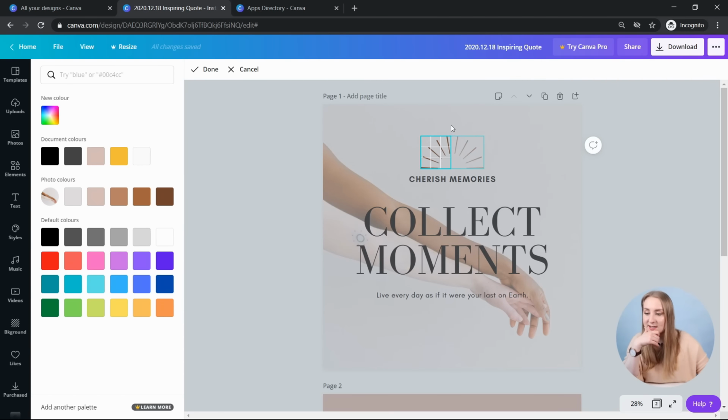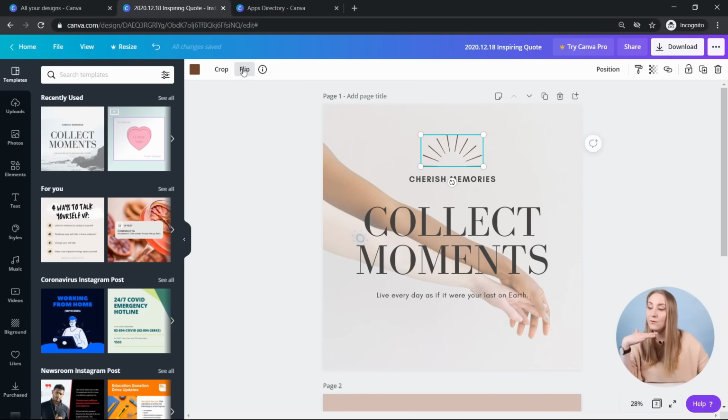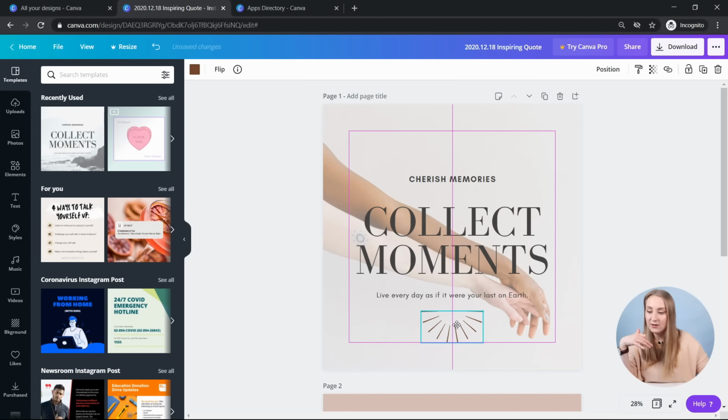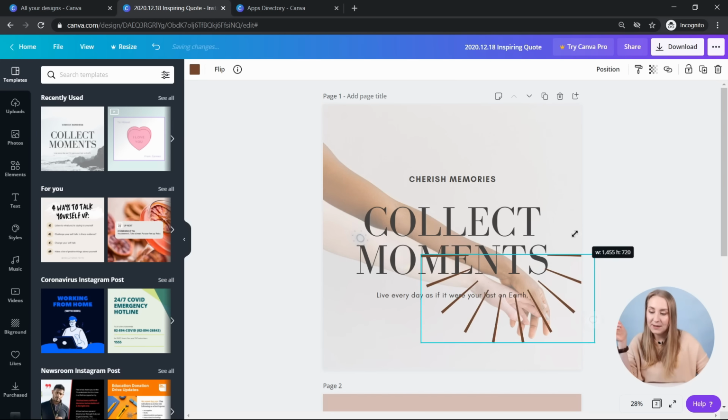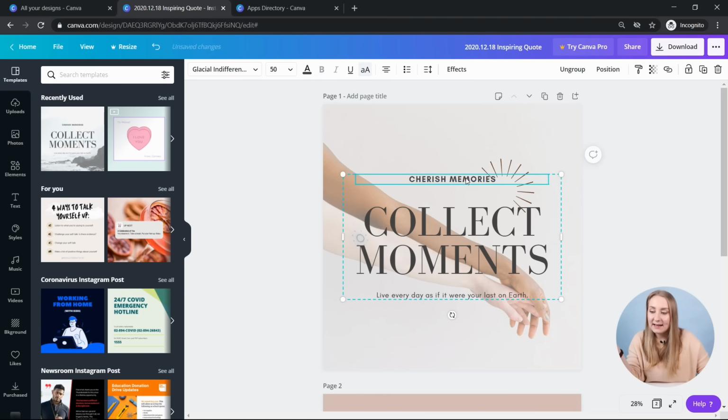Let's say you want just a quarter of a turn of this little thing, you can also use that. You can also flip it. So let's say I wanted this from somewhere in here, you can just flip it like this. You don't need to rotate it. But if you select it, you can make it bigger, smaller. You can rotate it like this as well. And it gives you the degrees as well. So it's quite a cool thing because you can just stay within the frames, or you can make sure that all the elements are going in line with each other. So let's say I were to change that to 135, I can then click on, I'll ungroup it, I'll let you know what that is later.